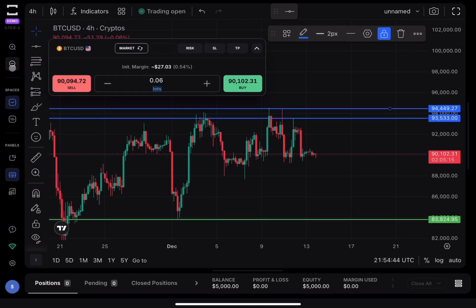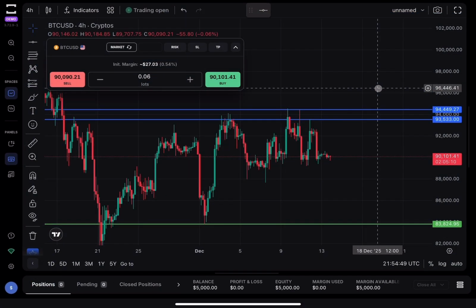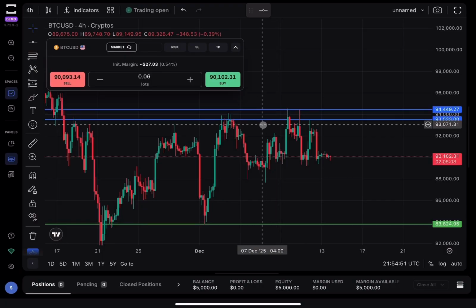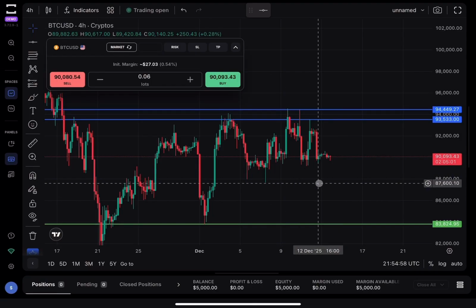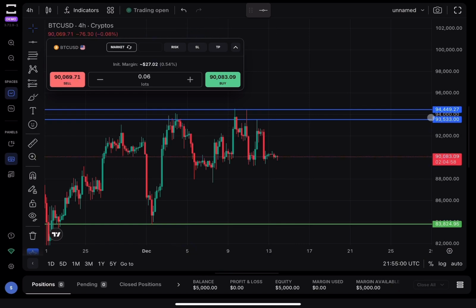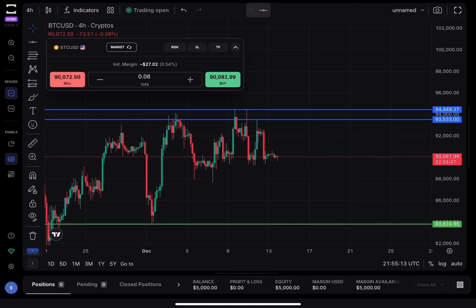These zoom in and out buttons work differently on an iPad. On a laptop, when you press this, it'll let you select an area, and after you click and drag, it'll make that area pop out and get bigger. So it's all pretty much the same, but just know that it's very much interchangeable between TradingView and TradeLocker. The only big difference, and you'll see the TradingView logo down here,